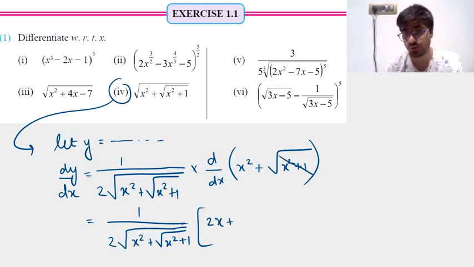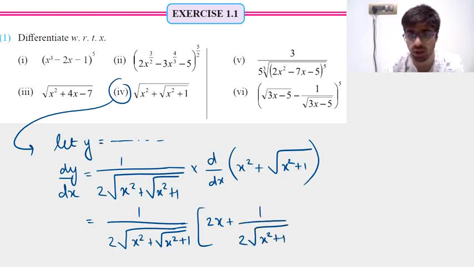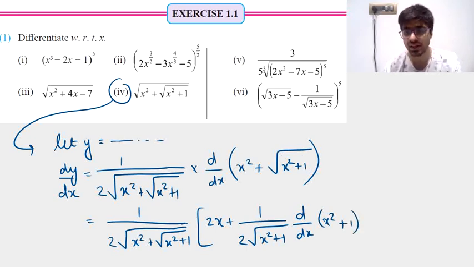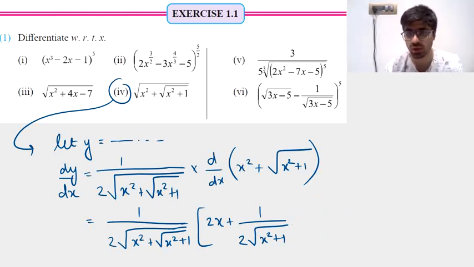It's again a function of the type root x. So when you take a derivative, it will be 1 upon 2 root x, that is 1 upon 2 root x square plus 1. But you need to multiply that further with the derivative of whatever came in place of x, which was x square plus 1. Let's directly write it here only as 2x, because the derivative of this entire term will be 2x plus 0, which is simply 2x. So I'll write it directly over here only as 2x.